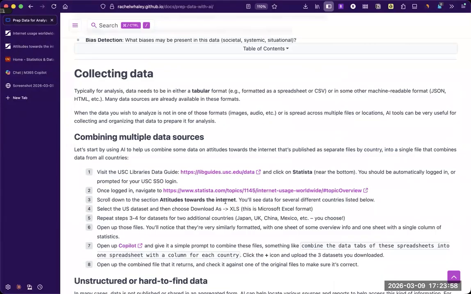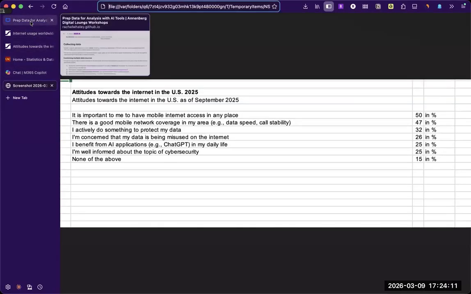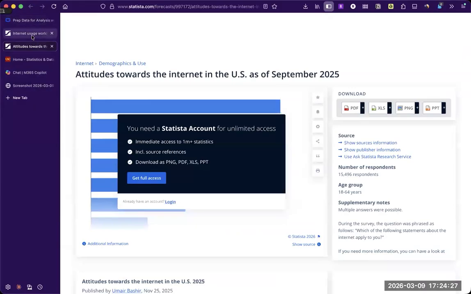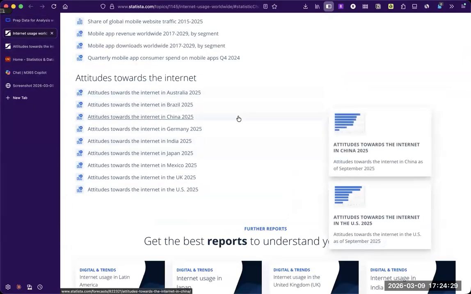Once you've logged in, go to this particular link. And then you're going to scroll down for attitudes towards the internet. Make sure you get a file downloaded that should look like this. Once you have one of those files, you should hop back over to this list and grab the